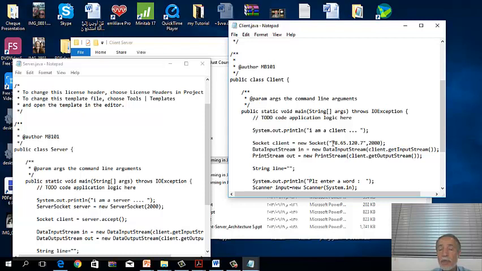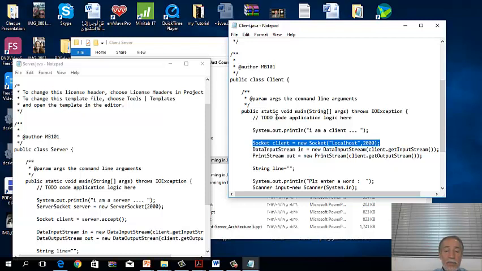But since I am using the local host, I will just say local host, meaning that the server is at the same host as the client is. And 2000 here, this is a port number which is being used by the server. So the server announces the port number, which is number 2000. The client will use this port. Now, in order for this to be valid, let me switch here to this place where